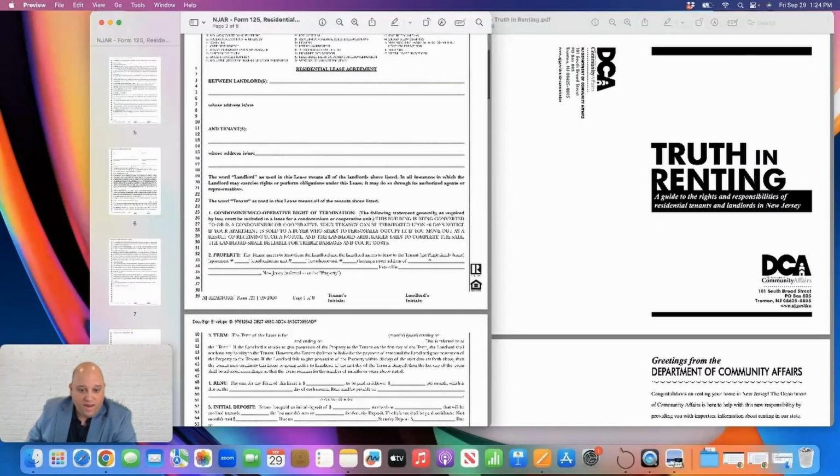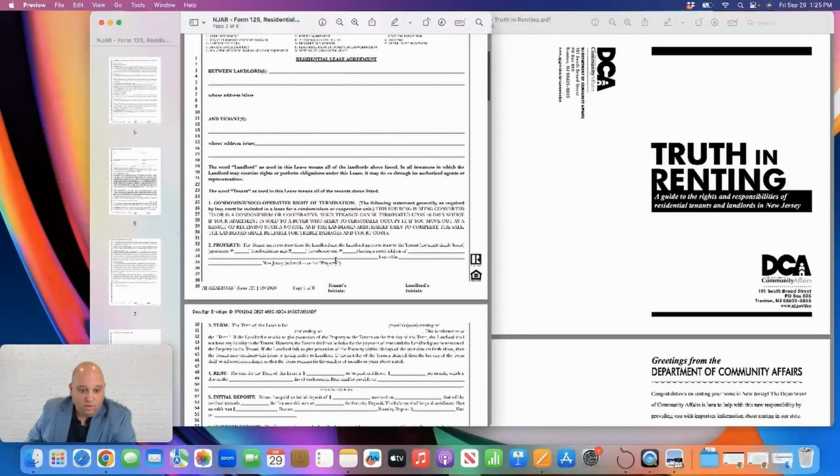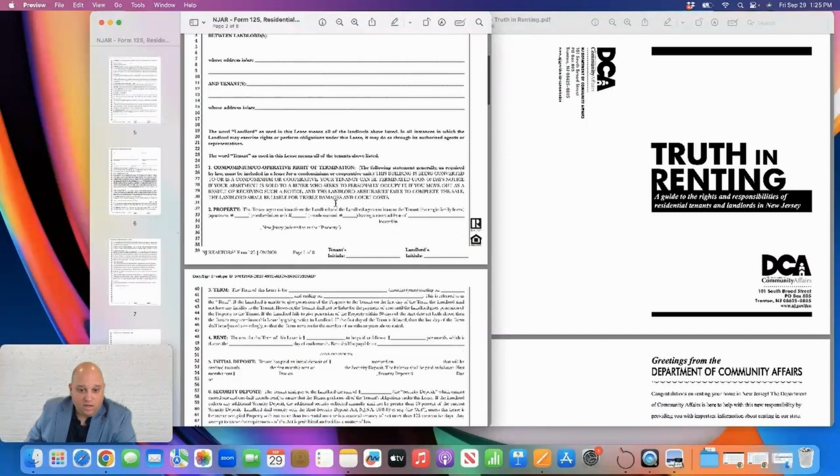What is the property address that's being rented? Is it a condominium? Is it an apartment? What's the unit number if there is one? What's the address? What town is it located in? That's all here. There is a clause in the lease that states that if you're renting a condominium, your tenancy